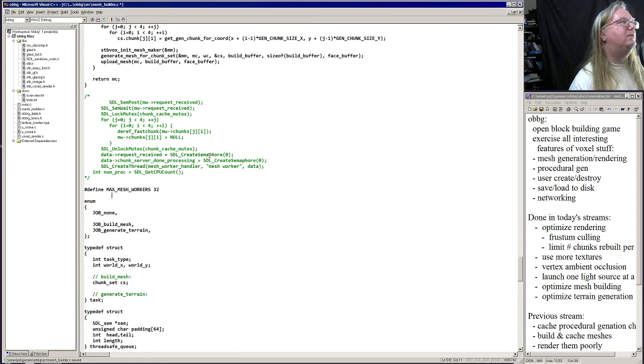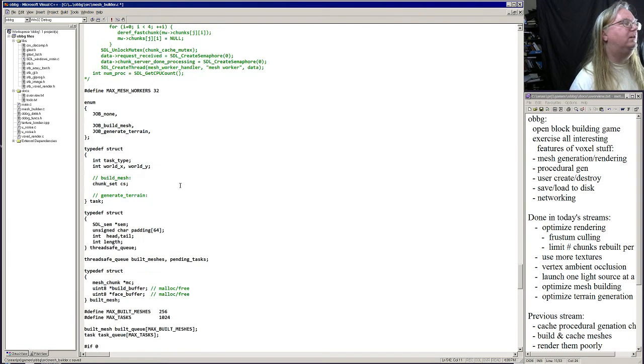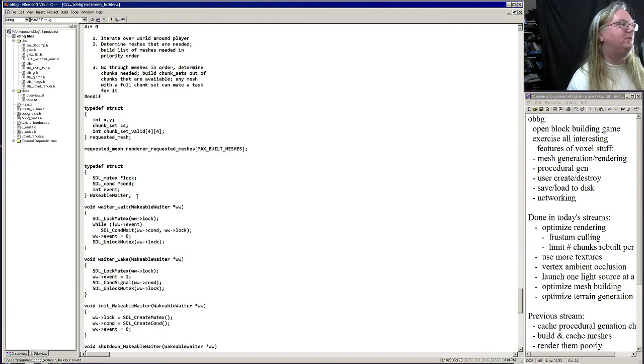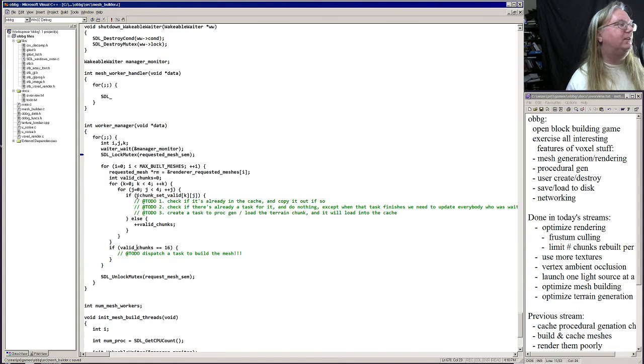Am I using a semaphore? I should be using a mutex, right? Yeah. Mutex. All right, so that's mutex. Mutex. Okay, so